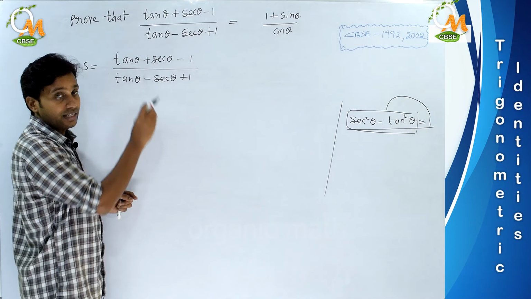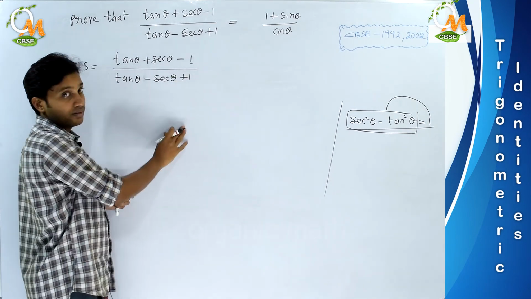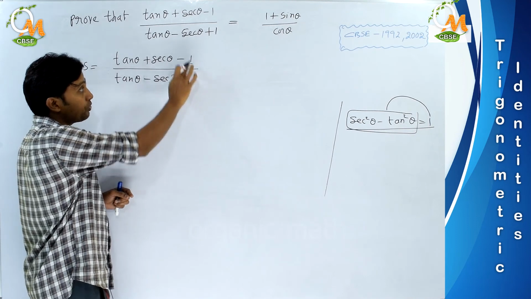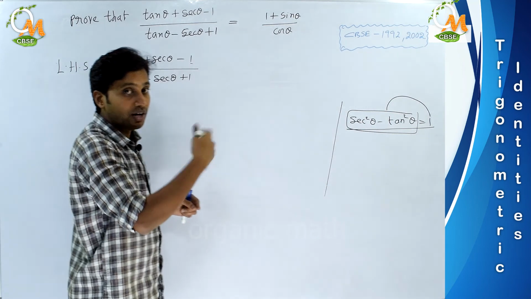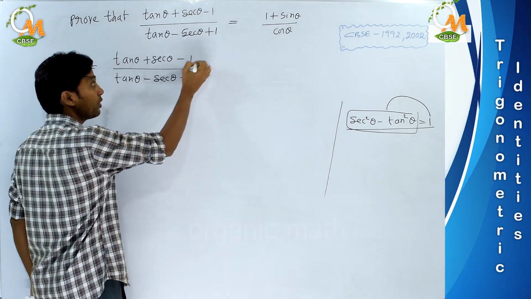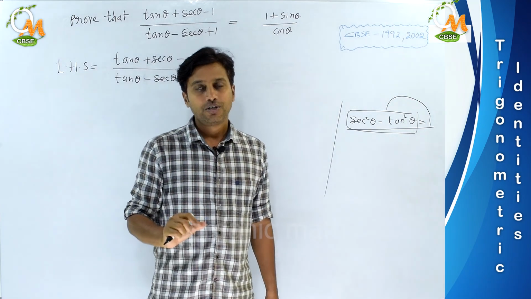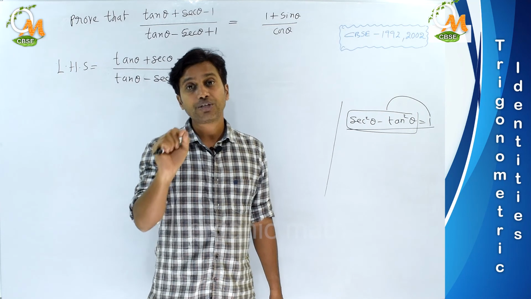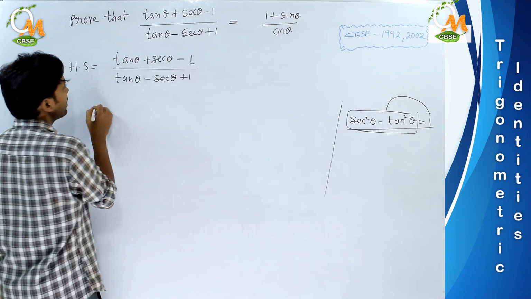How many places we have 1 here? This is 1 and this is 1. We shouldn't substitute in this and this also. Okay, then the problem will go clumsy. It will never be solved. We need to choose this one only. It depends on your spontaneity. Understood? You need to think smart. That's why I said you need to think smart here. So let us choose this one and put it there.